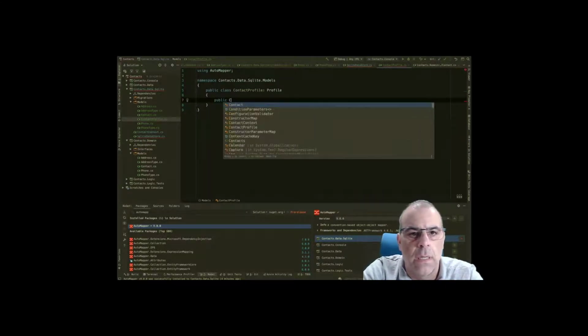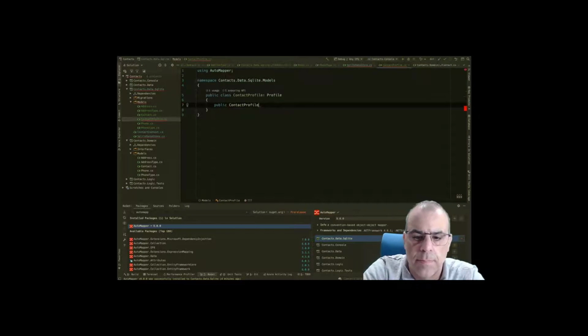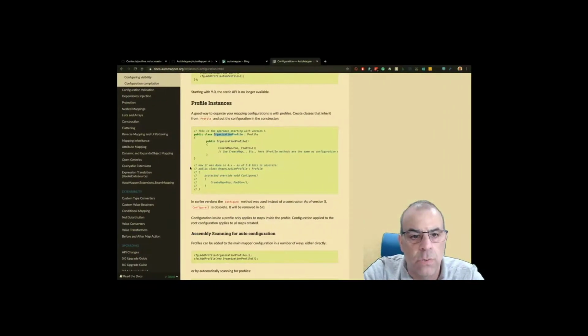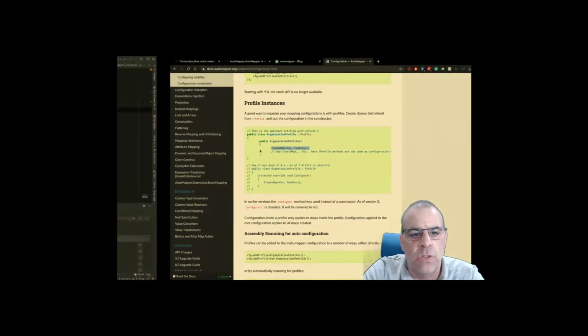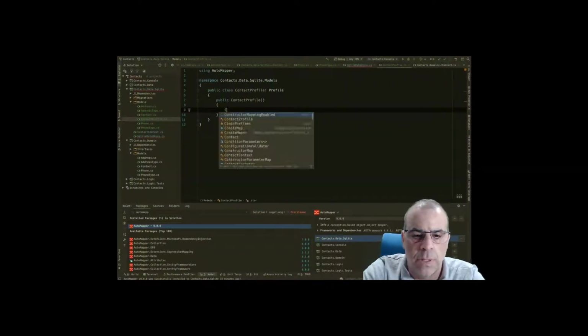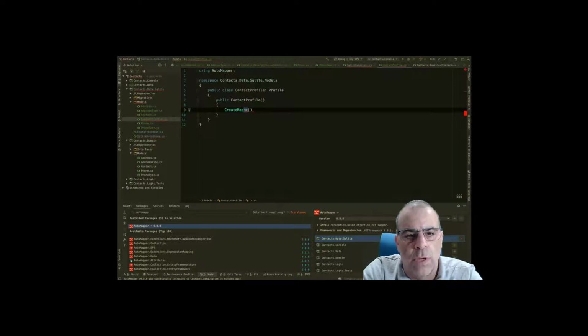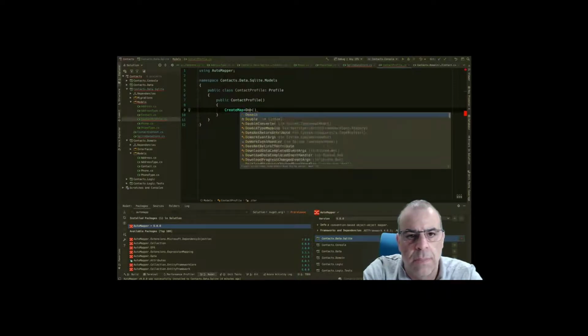Public contact profile. Now, once we have that, we need to go and do all the mapping. So to do all the mapping, it's just create map from which object to which object. So in here, we are going to call create map, and we are going to do from